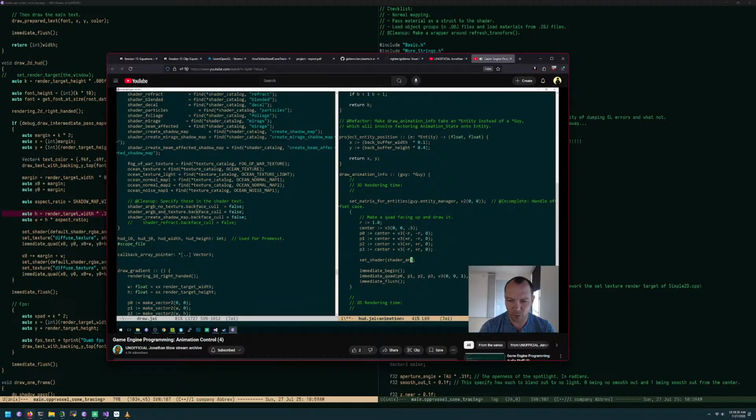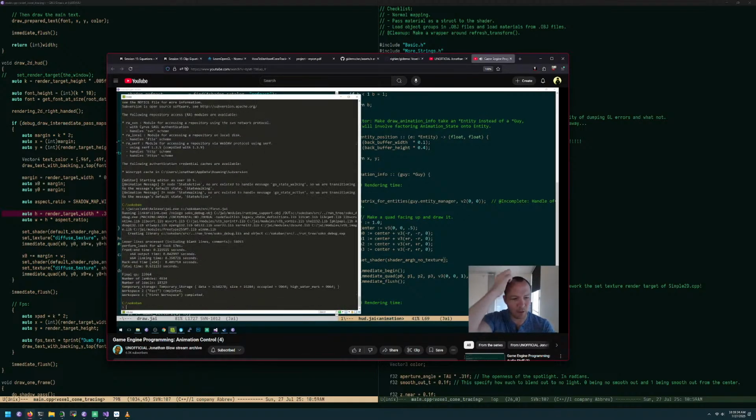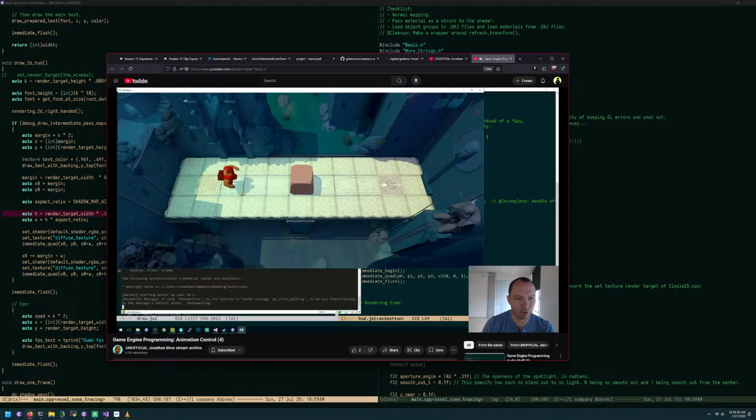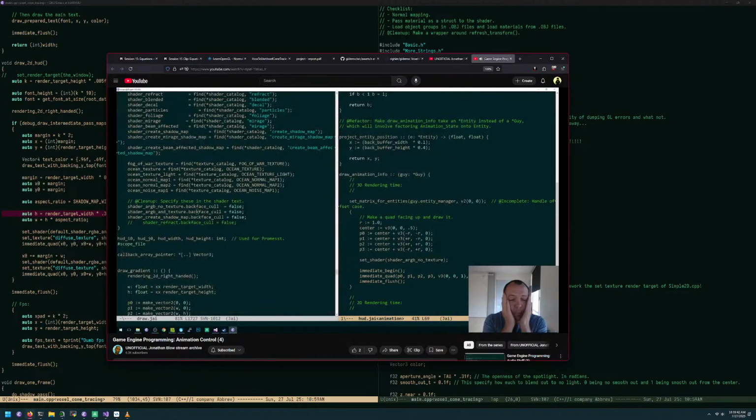Oh, ARGB, no texture. So this should be double-sided and not care about texture reviews and stuff. Okay, so we still don't see it. I don't know if that shader